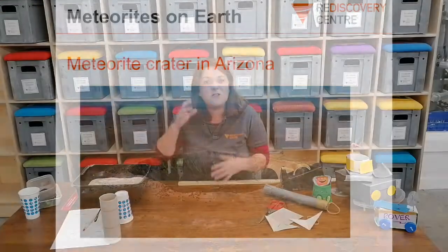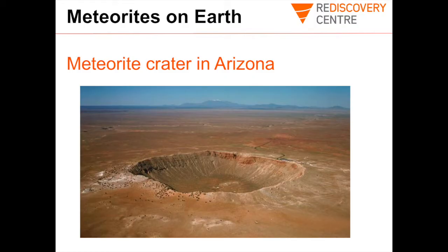But when we look at the planet Mercury, it looks a little bit like our moon. So it's kind of a grey colour, and it also is covered in all these holes. What do you think those holes might have been caused by? You're absolutely right, they were caused by meteorites, which are lumps of rock and ice that have crashed, landed on the planet as well, creating all these holes or craters. You can also get some really close-up images of the planet Mercury to see what these craters actually